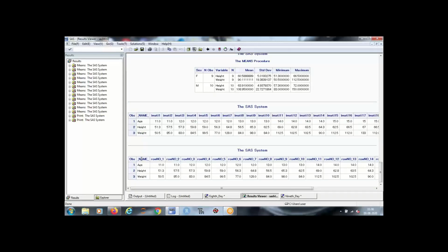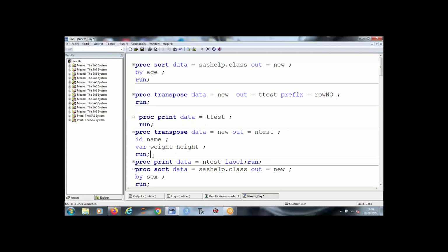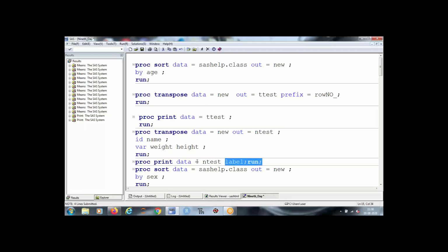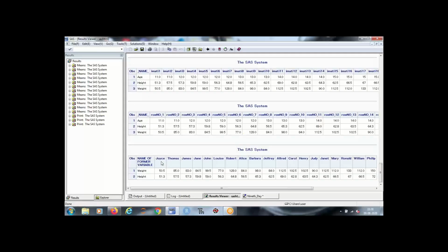So now the moment I made name as an ID variable, that variable has been taken as a column name.